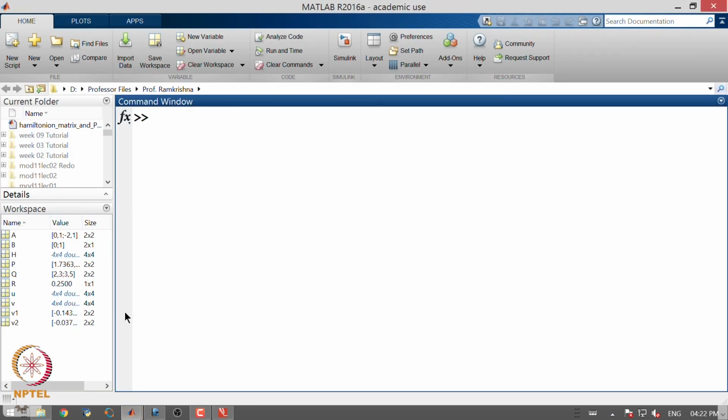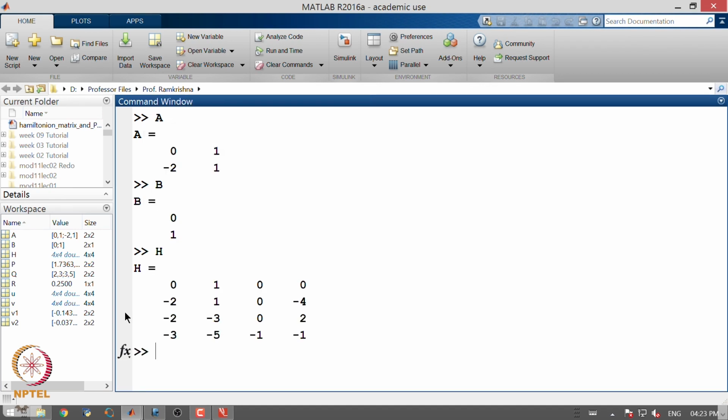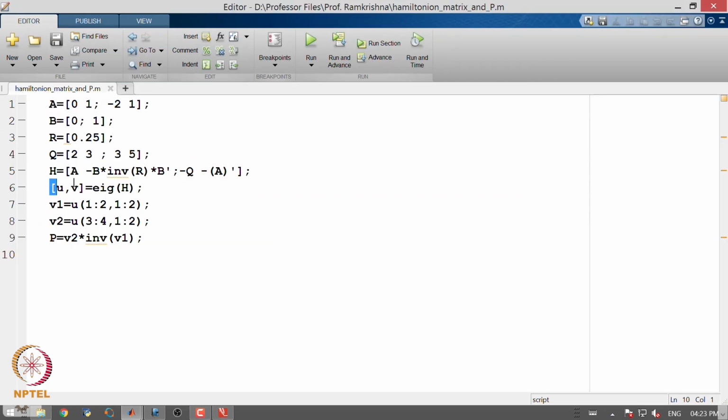So I have A from my problem statement, which is like this. I have B, and I similarly define my Q and R as in the problem statement. I construct H in the following way, right? So this is how my H looks. First, let's just see what this thing here means, right? So if I run this,